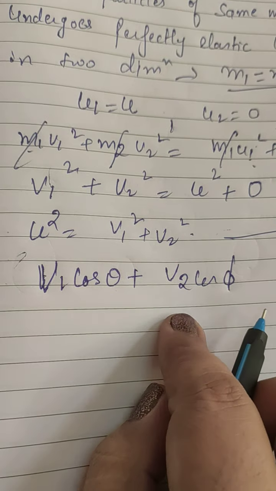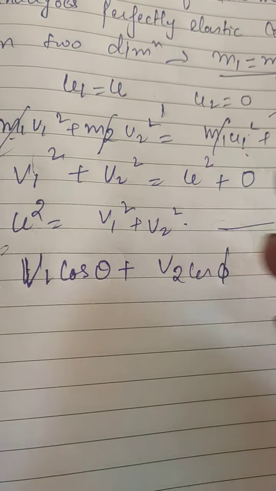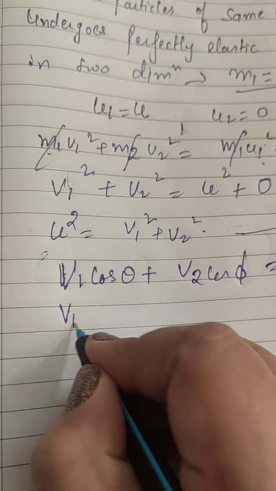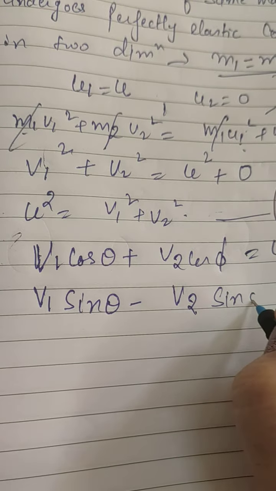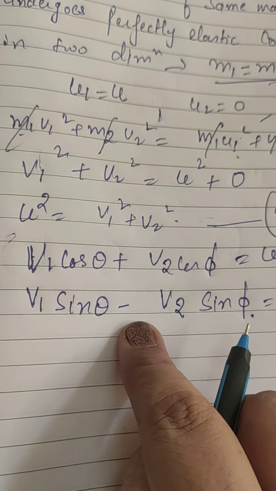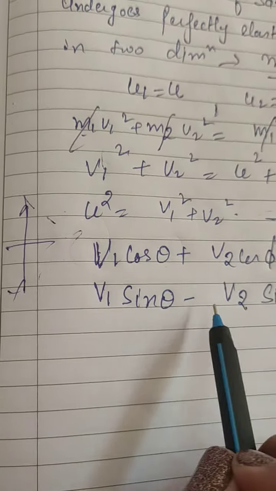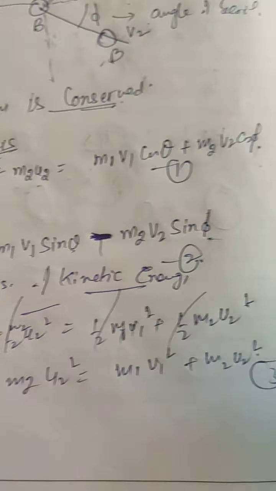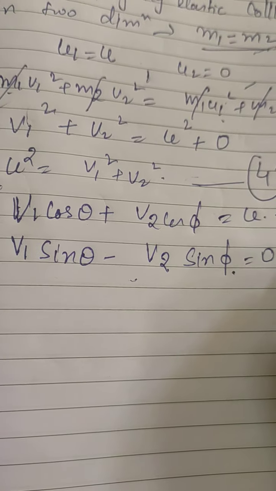Okay, v2 was the component of velocity of B along the horizontal axis is equal to u, and along y axis it was v1 sin theta minus v2 sin phi. Okay, so that is equal to 0. Why here minus has been taken? Because we are taking the component one upward and one downward, so we have to write here minus sign. Okay, so we get two equations again, we give it number 5 and number 6.